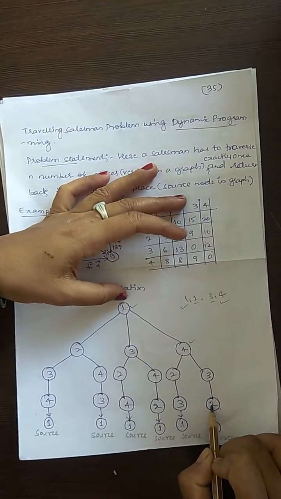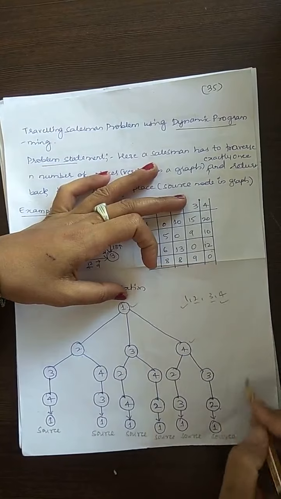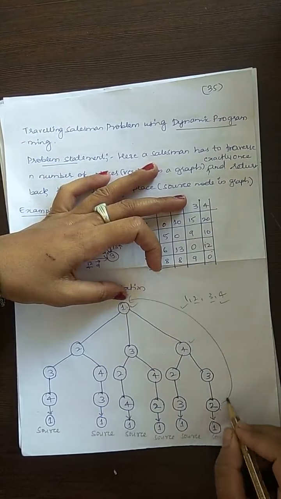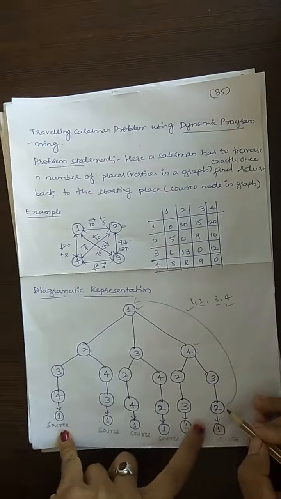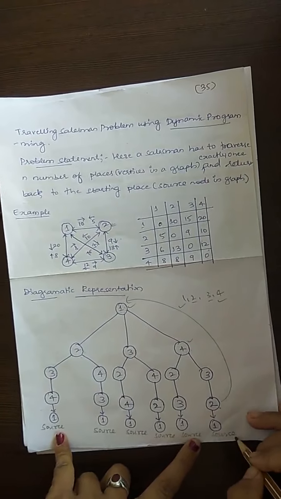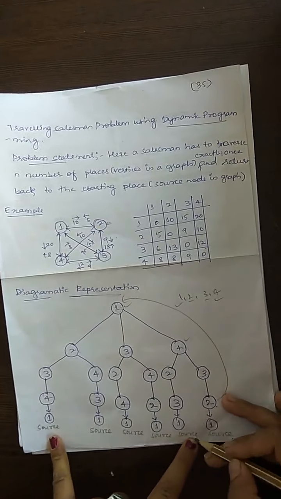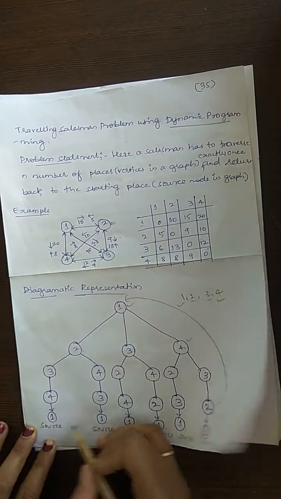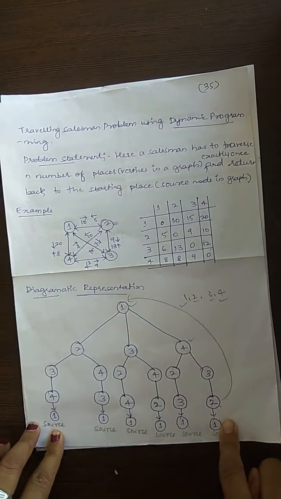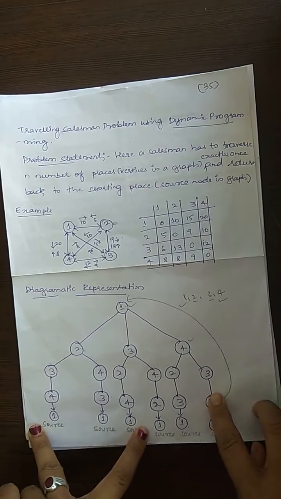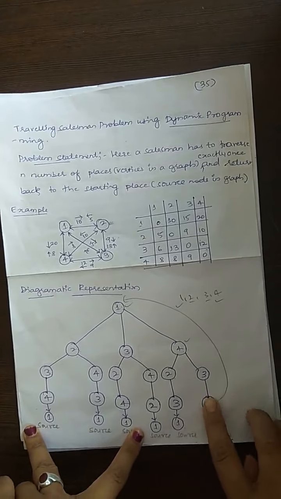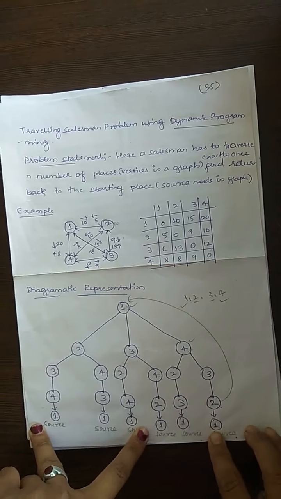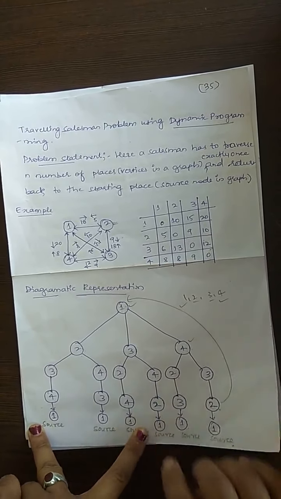But as I told you, after visiting all the nodes you have to go back to the source node. Instead of drawing an arc to the source node, I have written here that from 2 he should go to 1, where 1 is the source node. Next, from 3 again he should go to 1, which is again the source node. That is why 1 is not a leaf node here; 1 is the source node. After the last node, the traversal should go back to the main source from which it had traveled. That is what I am depicting.